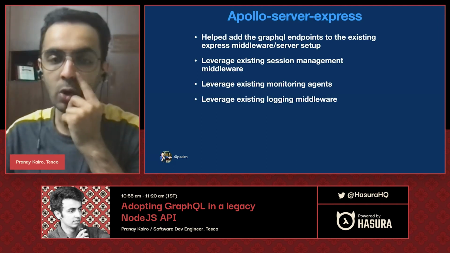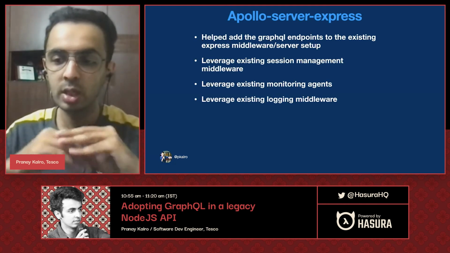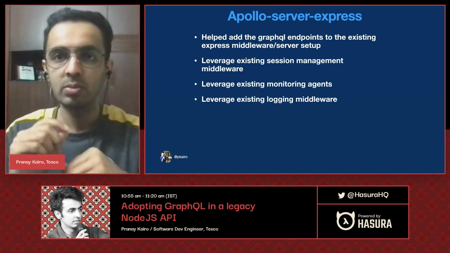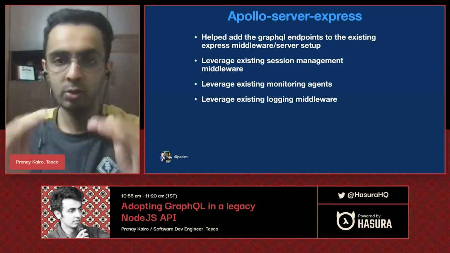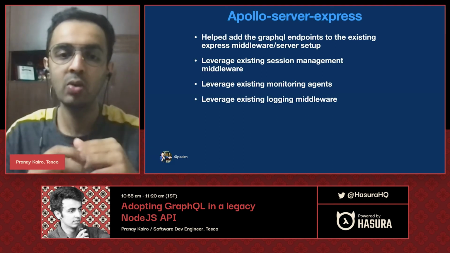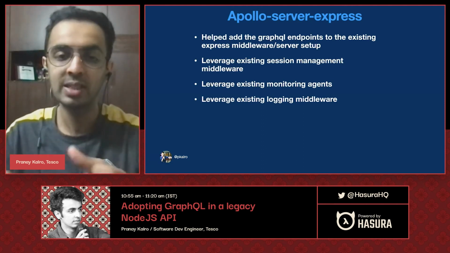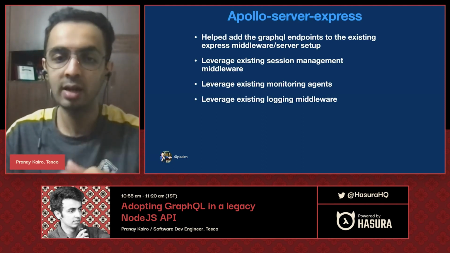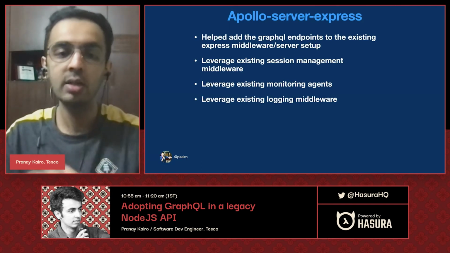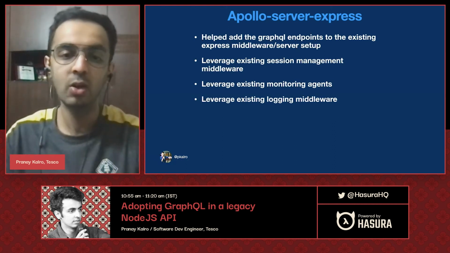And then the logging middleware as well. Like I mentioned, with the middleware approach, we had the logging mechanism also written as a middleware. We just had to, obviously, like I said, we wanted to minimize. So in this case, we just had to make some basic changes around reading the GraphQL error responses sometimes and massaging it in a way which our logger can understand. That was the only adaptation that we did. But apart from that, reusing the existing logging middleware was very